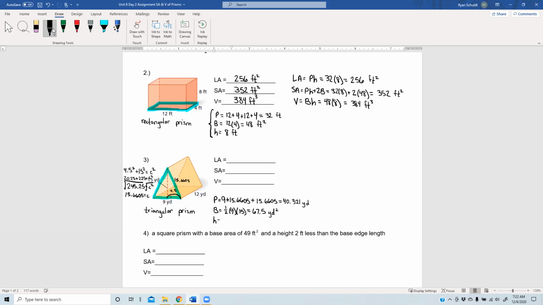Then I do the height of the prism. That's the number we've kind of forgotten about. It's on the picture, but we forgot about it. 12 yards. Okay, now using our 3 items that we just found, plug into the formula. So lateral surface area is P times H. So perimeter is 40.321. Height is 12. So if we multiply those together,